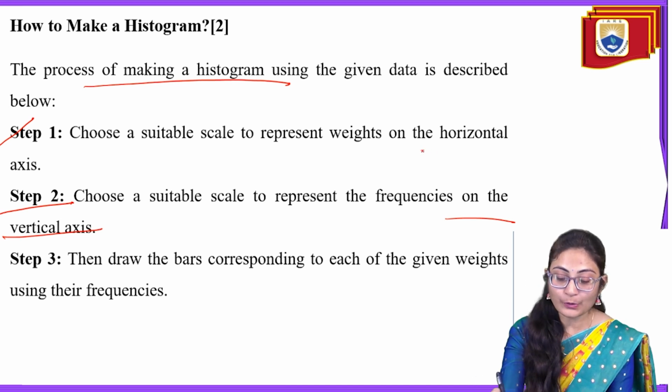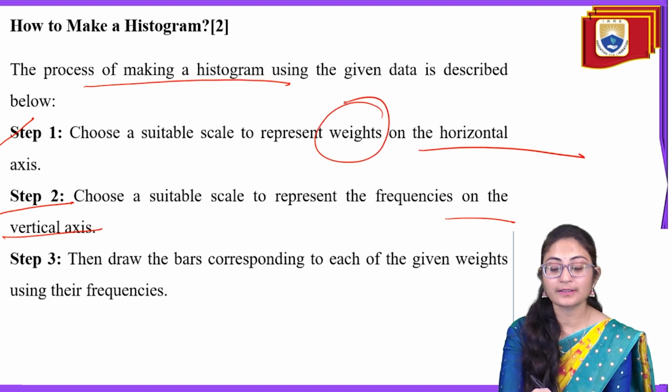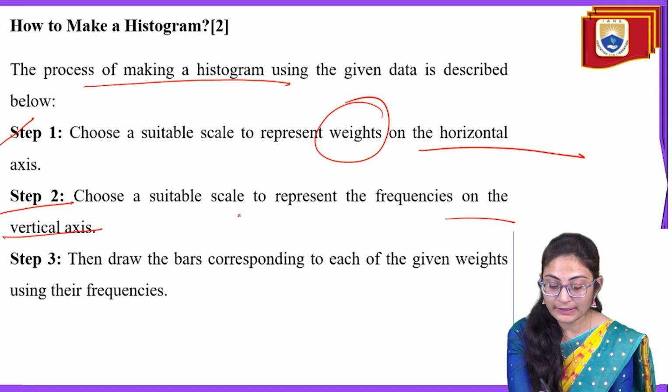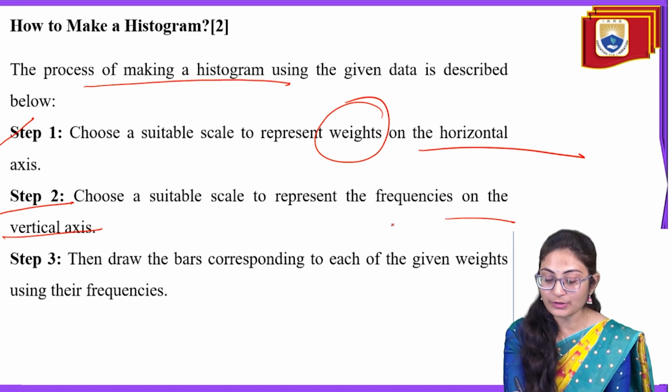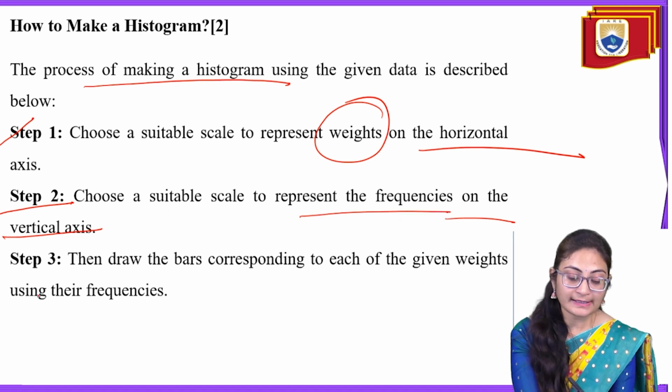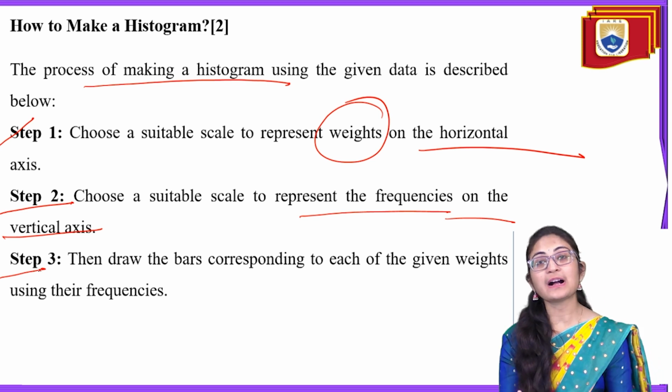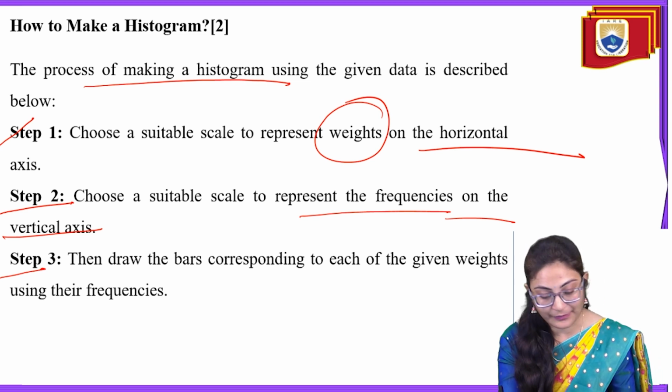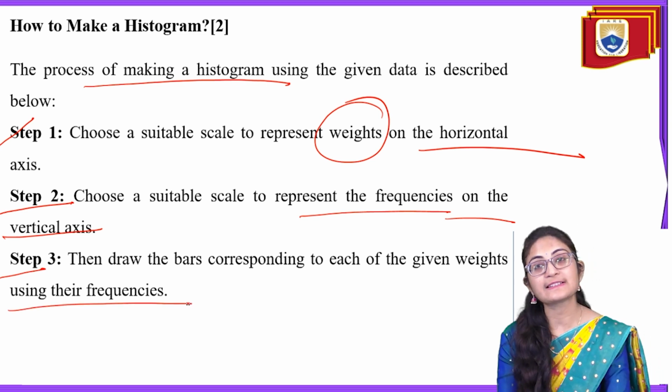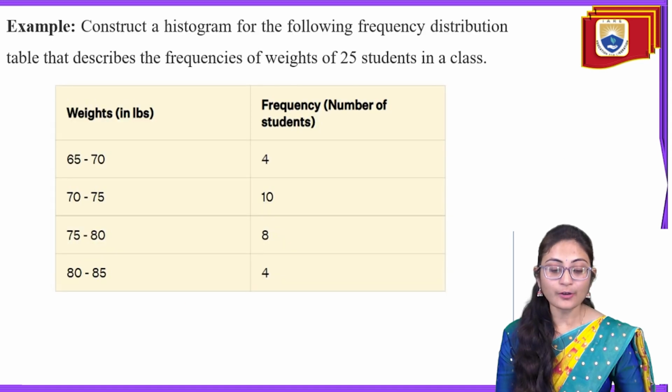That means on the horizontal axis we have shown the weights and on the vertical axis we have shown the frequencies. Then step 3, draw the bars corresponding to each of the given weights using their frequencies. Now for example,